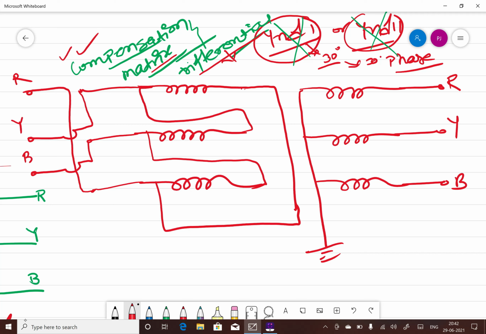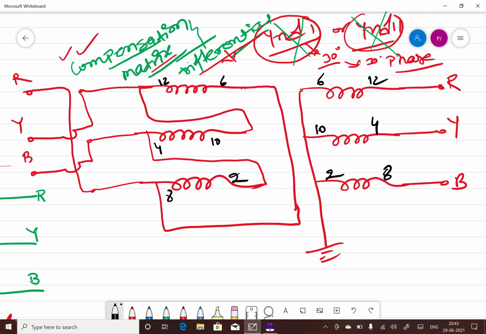Now in this case, I have already explained how we can determine this phase sequence. You know that this is your R phase, which is at 12, so Y phase at 4, B phase at 8. Opposite to this will be 6, opposite to this will be 10, and opposite to this will be 2. Likewise on this side also we can write 6, 10, and opposite to this it will be 2. Likewise this side will be 12, this side 4, and this side 8.